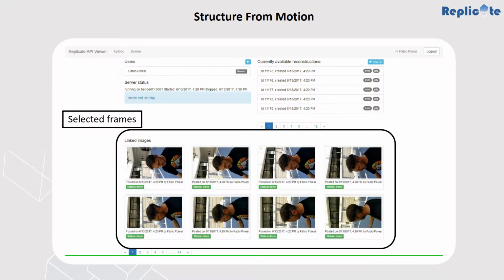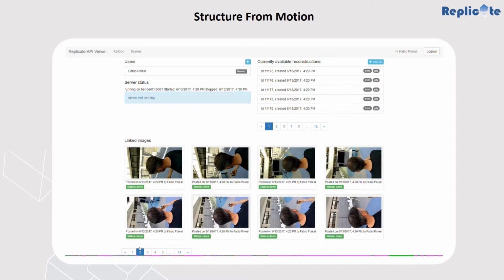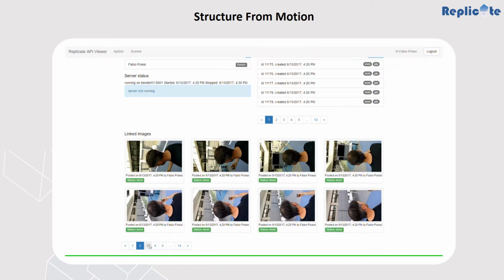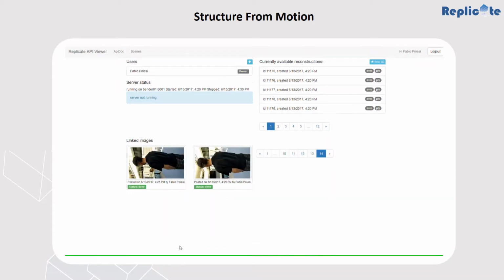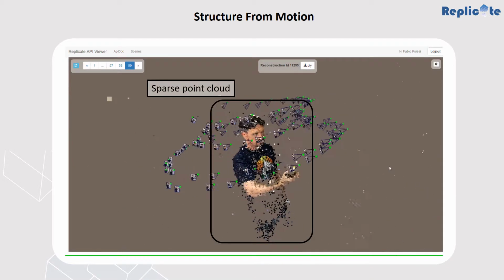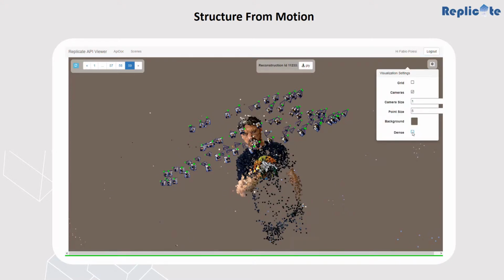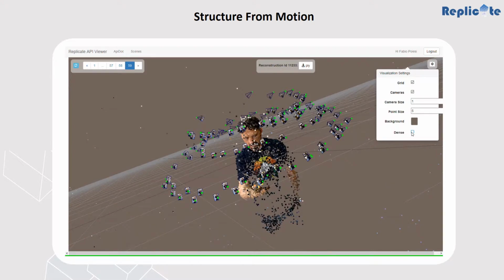The cloud server is composed of a front end to allow the user to browse the selected keyframes, and a back end that performs structure from motion on the frames. The user can then view the 3D reconstructed model in the form of a sparse point cloud. The front end has several options, which include the visualization of the final dense point cloud,